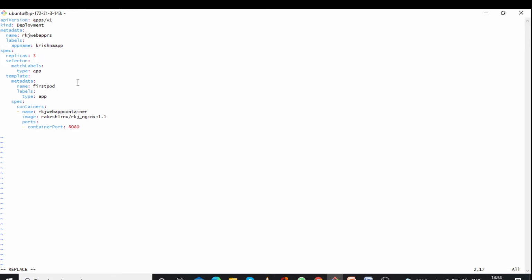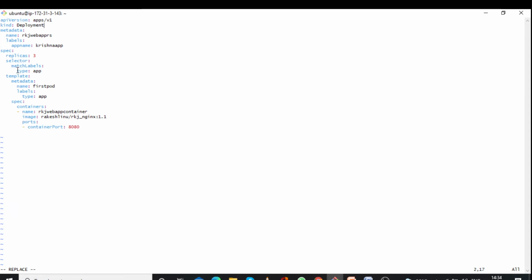And I think I do not need to elaborate on the things, like first here the specification, we will have to put your container name, then image, then port, the container port you will have to mention, and in the template whatever the label will be there, in the selector the label should be the same, the two here.